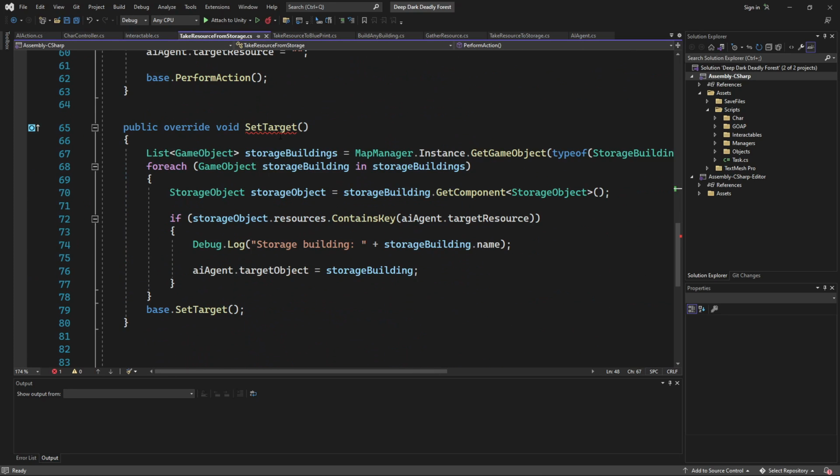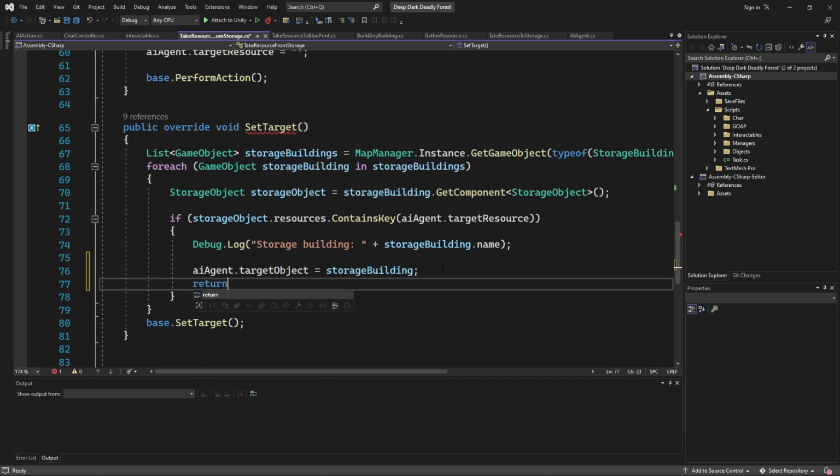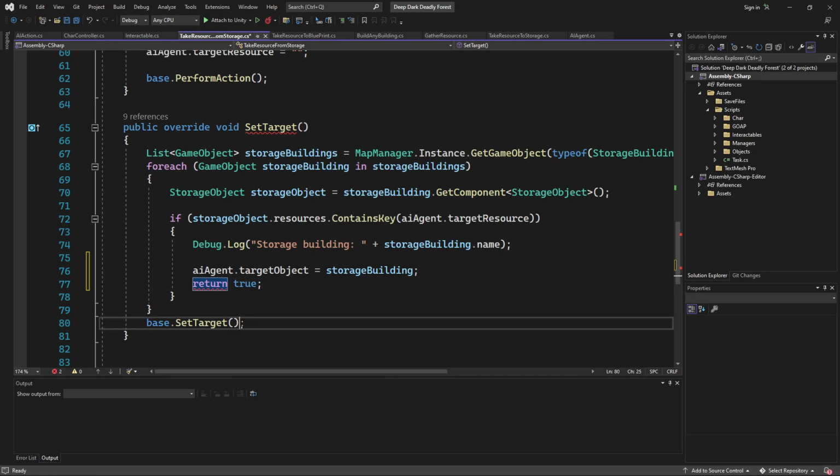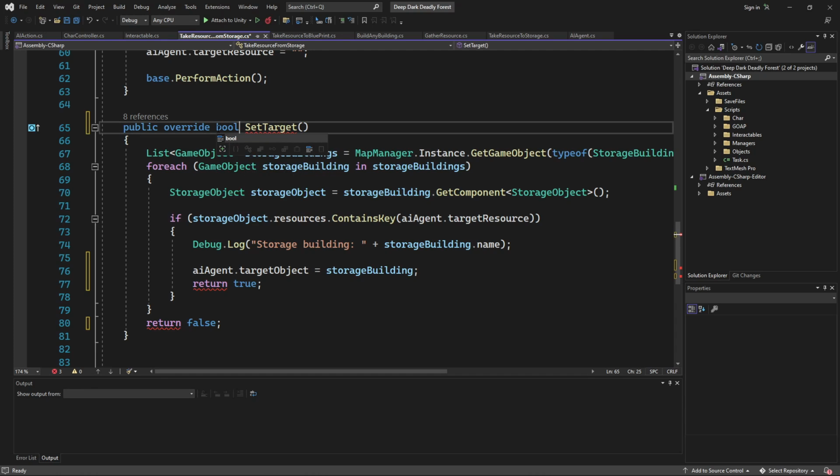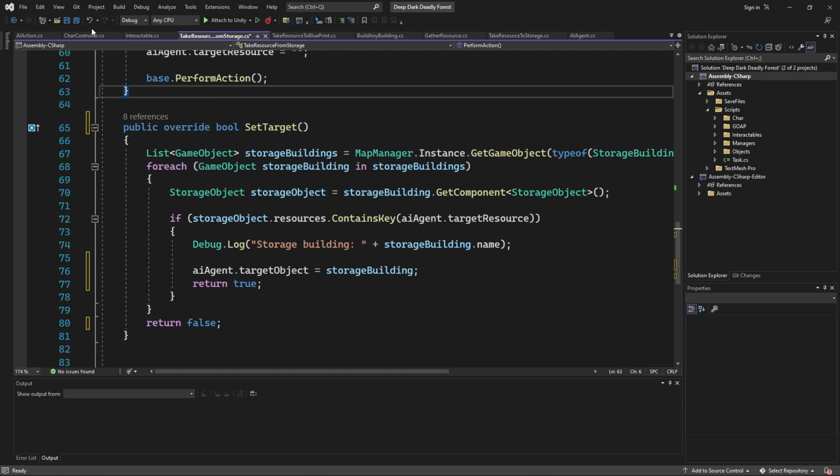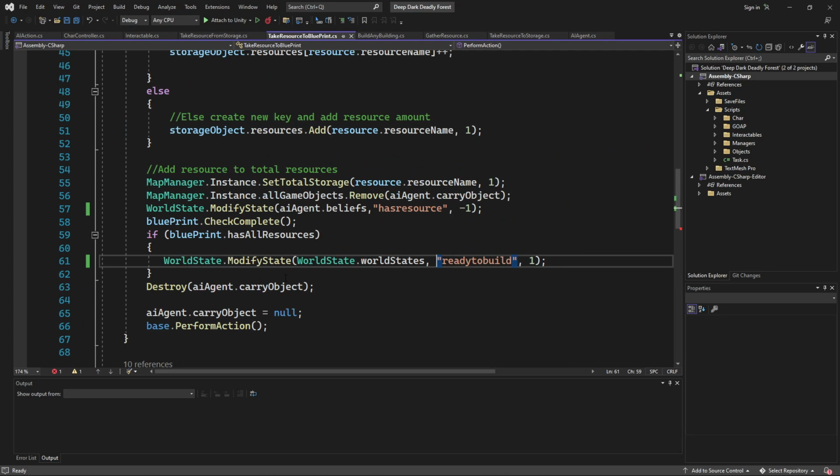Here we go. Set target. We want to return true. Oops, not right there. If we get past all that, we want to return false. And this needs to change to a bool. Okay, same thing.